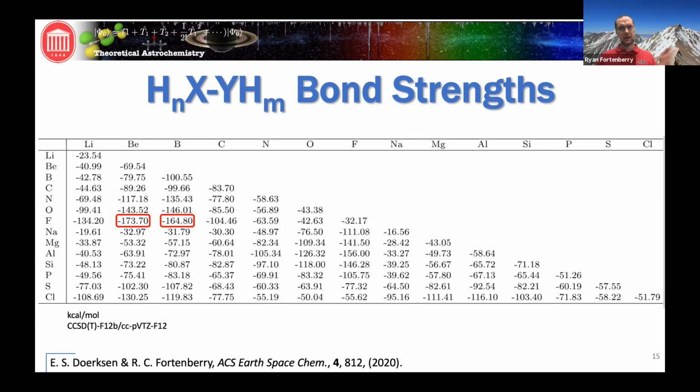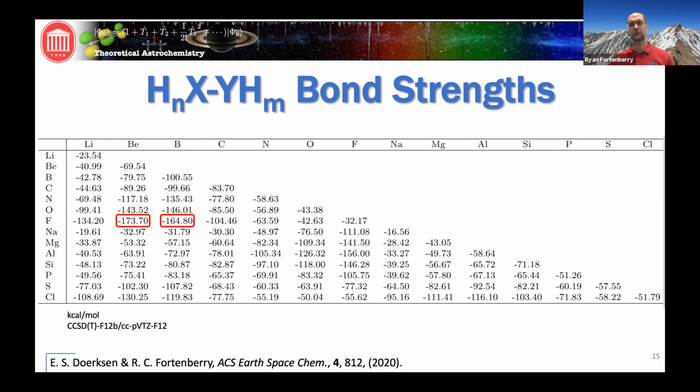Again, electronegative, electropositive interactions. Some people have invoked a hard, soft, acid-base type discussion here. But the thing that is, I guess, fortunate for me from a computational chemistry perspective, as well as an astrochemical perspective, is that beryllium, boron, and fluorine just so happen to be the three least common elements in the periodic table before iron. They are so depleted that you have to get way down into the 5p block before you get to other elements that have similar abundances.